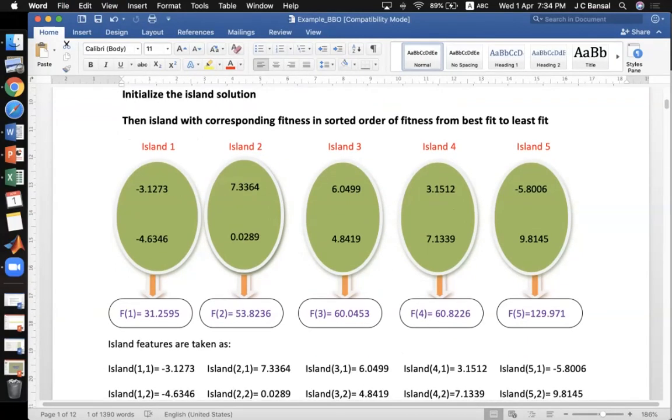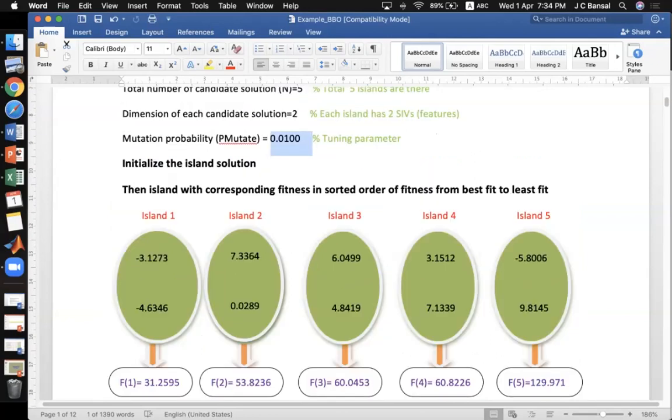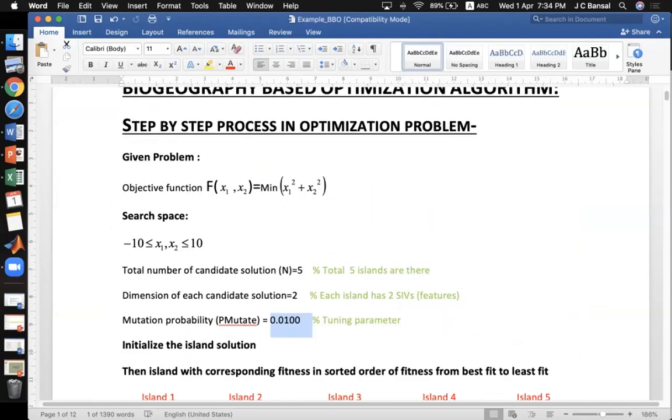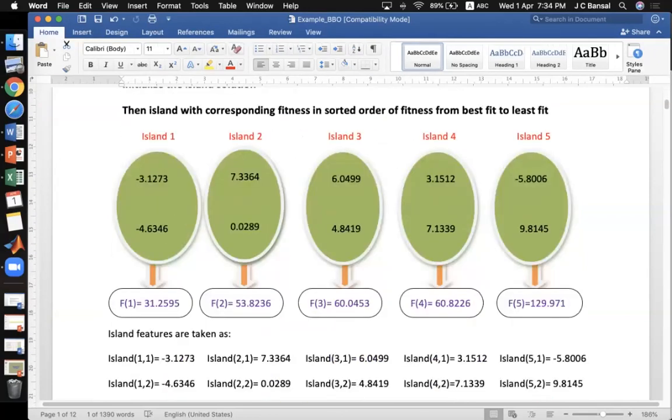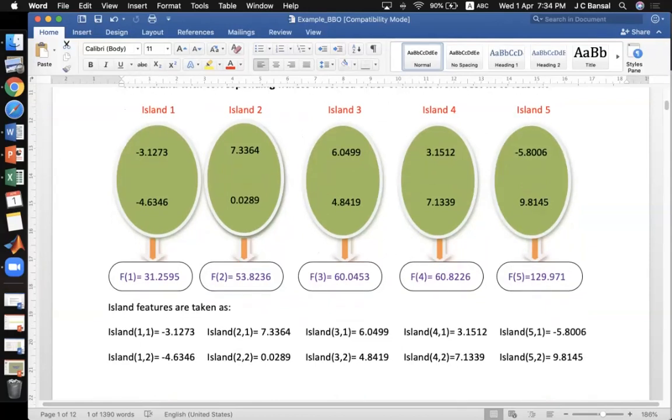And these are the corresponding function values: if you put these values into this objective function, you will get this value, meaning this square plus this square equals this. Similarly, it is calculated for all other islands or solutions. So now you have these function values, the fitness values.